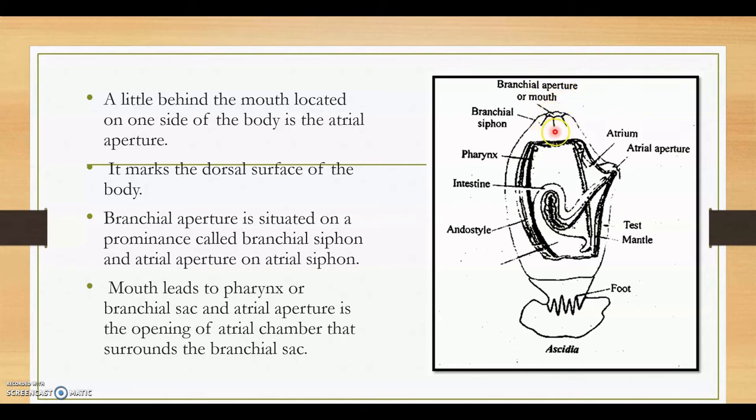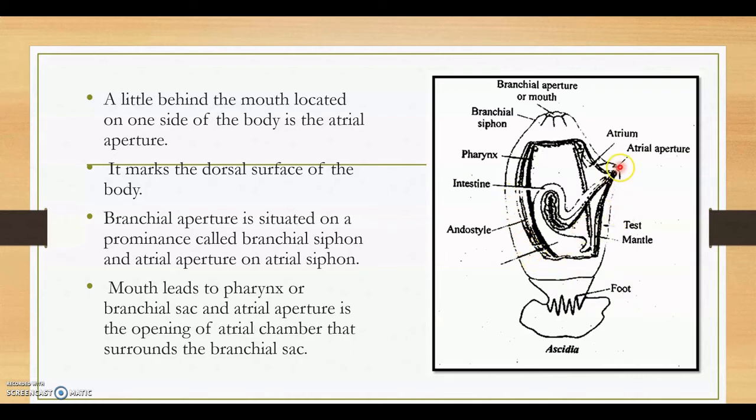The mouth is followed by the buccal cavity. Then this is a large pharynx. The pharynx has numerous openings, so these are called pharyngeal gill slits. This is covered by a cavity. So there is a space between the tunicin and the pharynx. So what is this space called? Atrium. So this is an atrium,